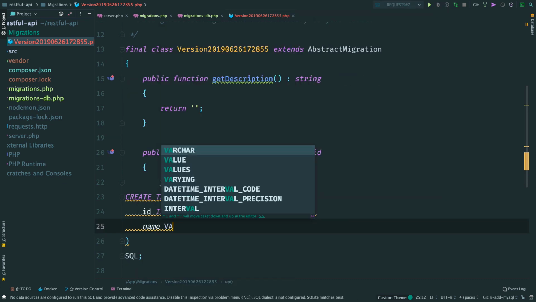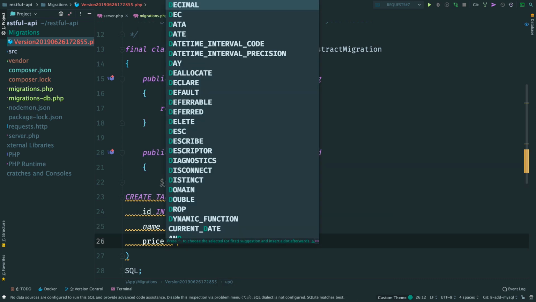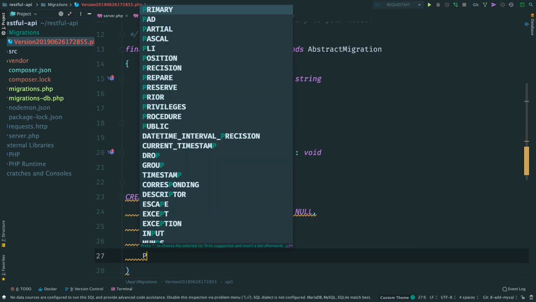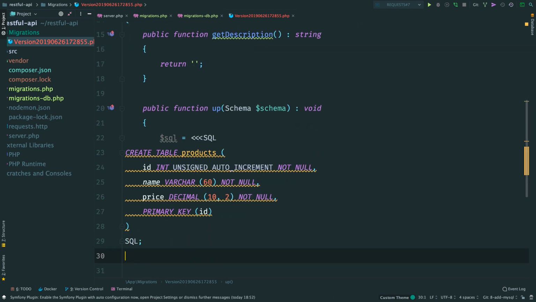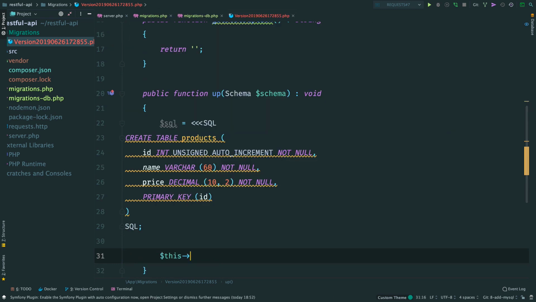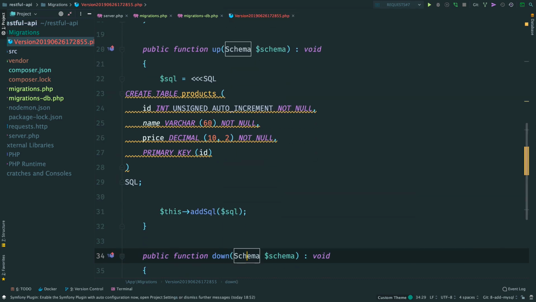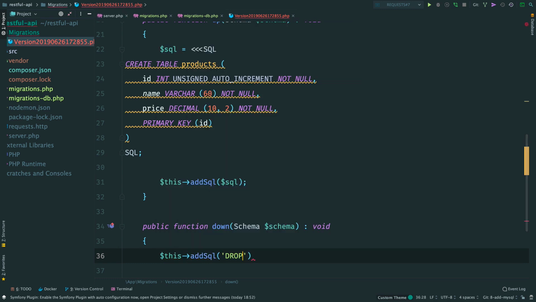Name is a string of 60 characters, and decimal price. ID column will be a primary key. This adds SQL and provides the schema for our table. Method down is used when we want to roll back this migration.